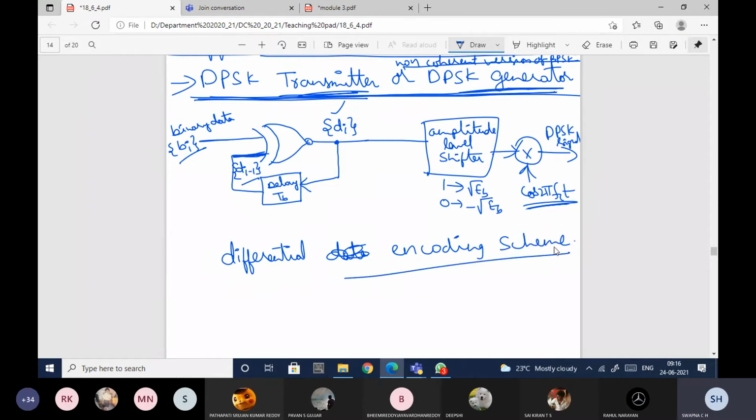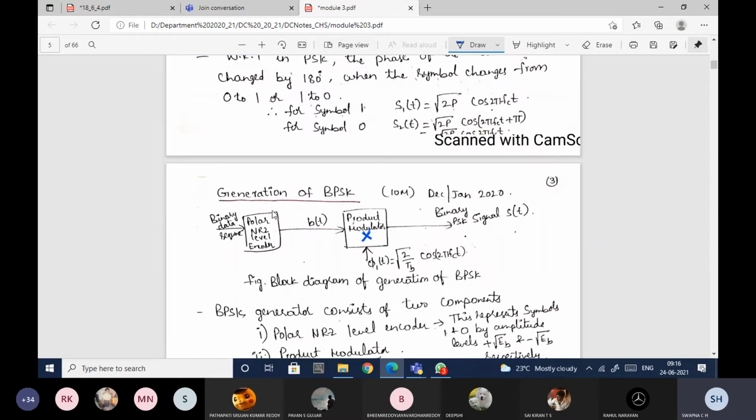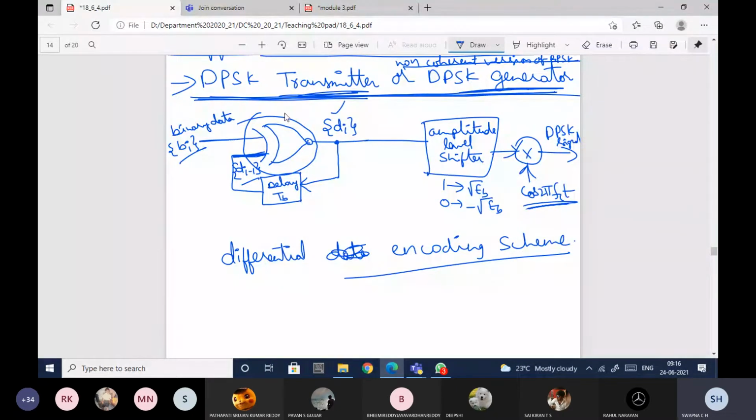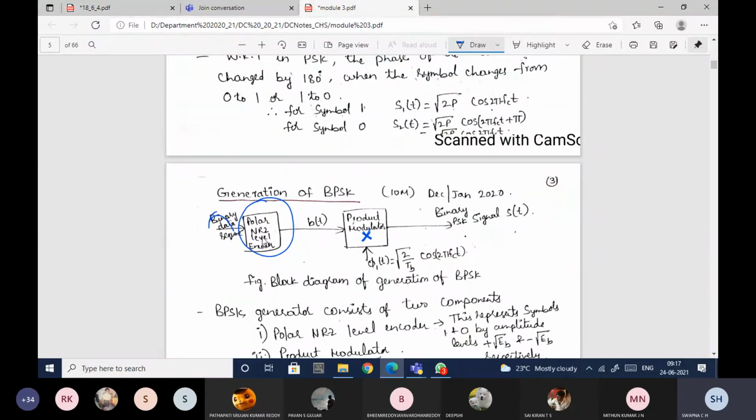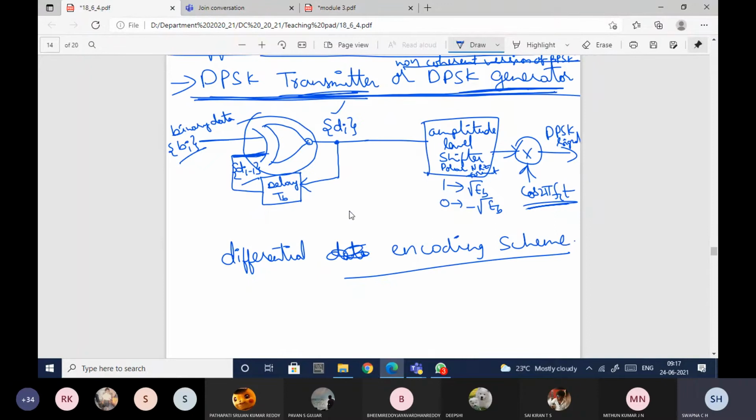Differential encoding scheme. Here what we are doing is we are using an additional gate. Okay, an additional gate is used here. So here if you just observe the difference, directly binary data is given to the polar NRZ. But here we are not giving it in that way. We are first differentially encoding the data, and that is given to the amplitude level shifter, which is also nothing but the polar NRZ format. So instead of giving it directly to the polar NRZ, we are differentially encoding the data